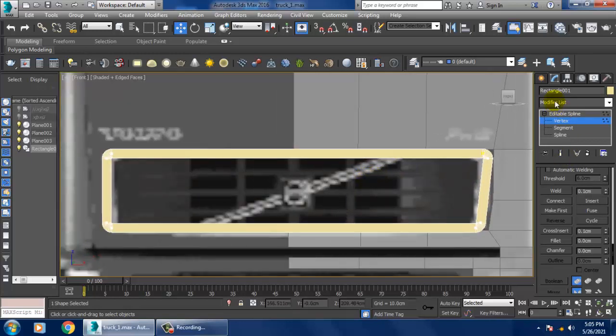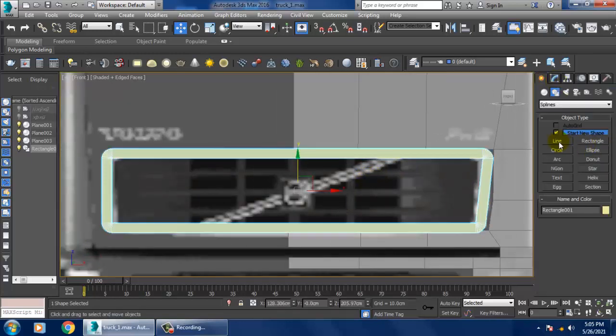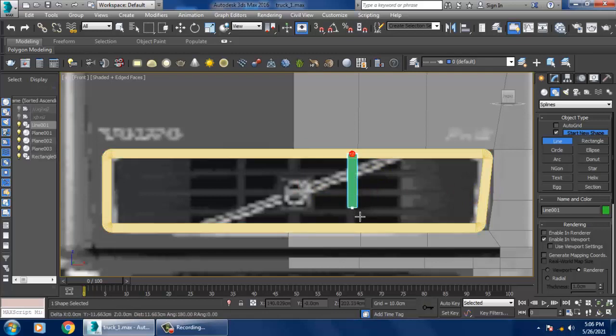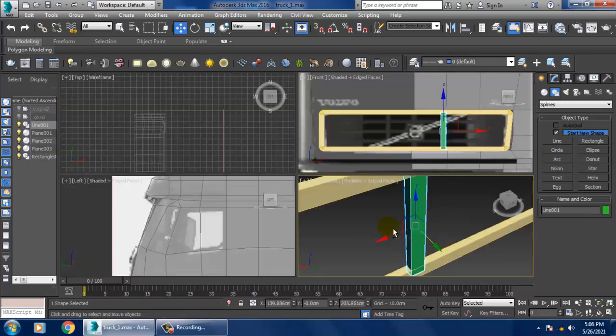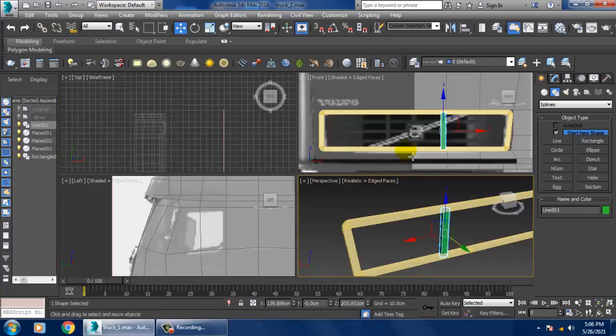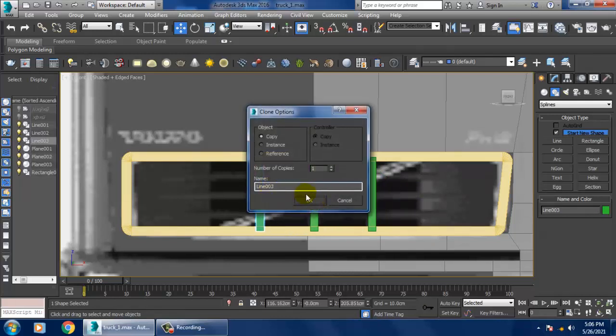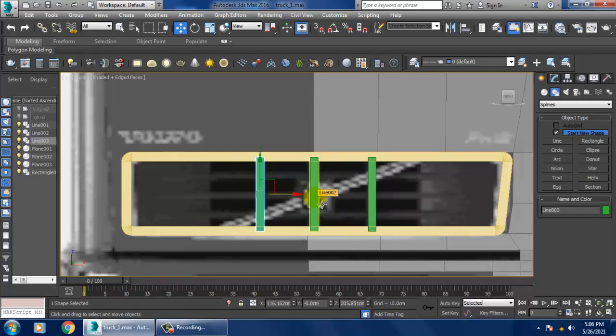After that, let's again take a line over here. I'll just scale this, press shift and I'll drag this. I'll make a duplicate of it in this way.